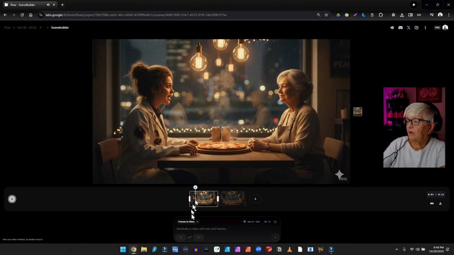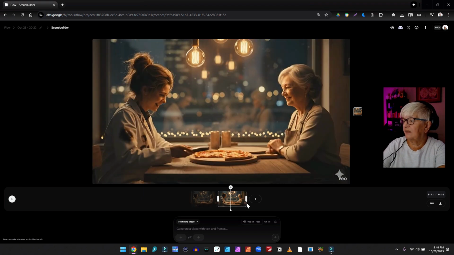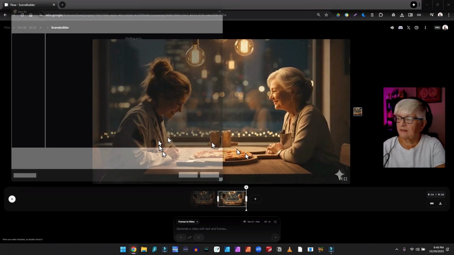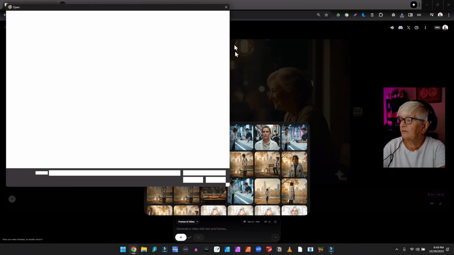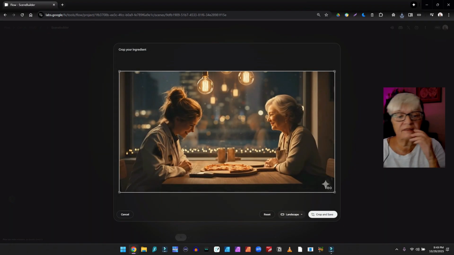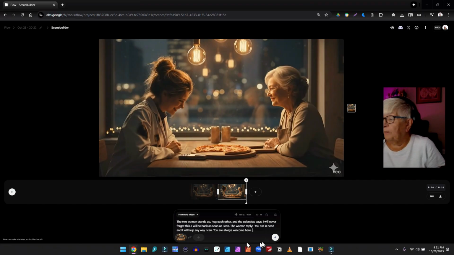Okay, we got some background music again, but as I said, we can fix that at the end. So one more, save video frame as and upload that. This is a little time consuming, but if you want to build scenes like that, it is a great way to do it. The prompt says, the two women stand up, hug each other, and the scientist says,